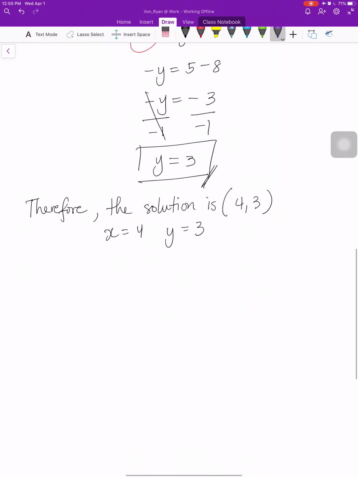Now, similarly, we do a checking just to make sure. So we check our solution to see if it satisfies both equations. So we do equation 1 first. Equation 1 is 3x plus 2y equals 18. Oh, sorry. Pen is. And so 3